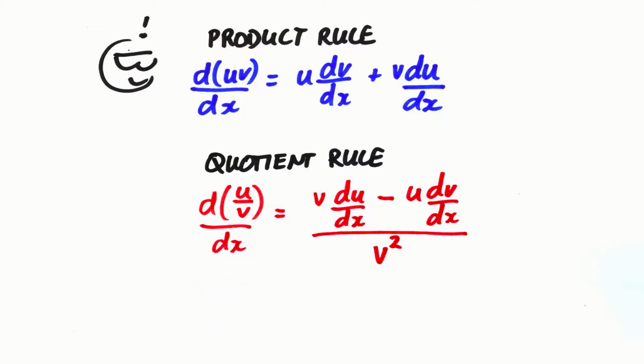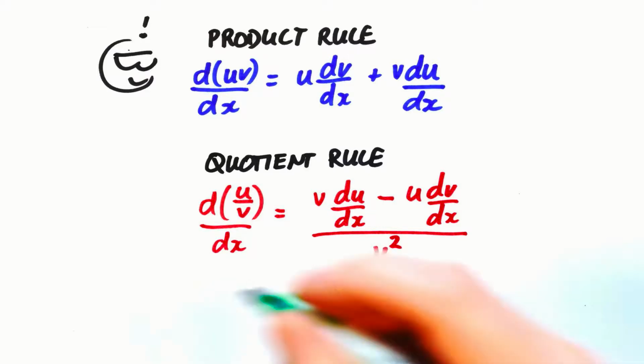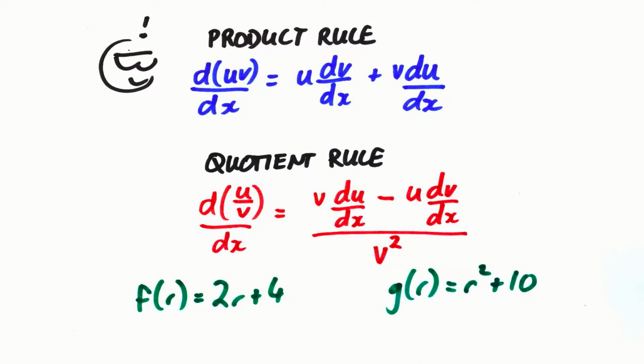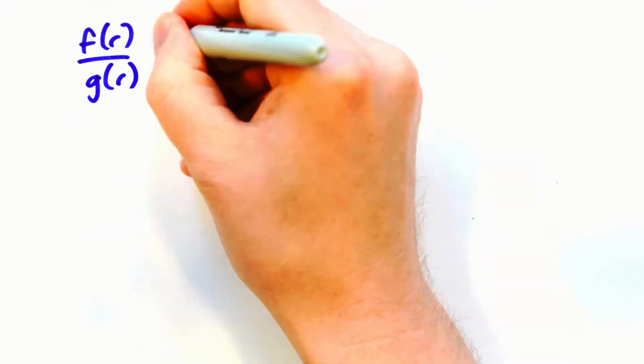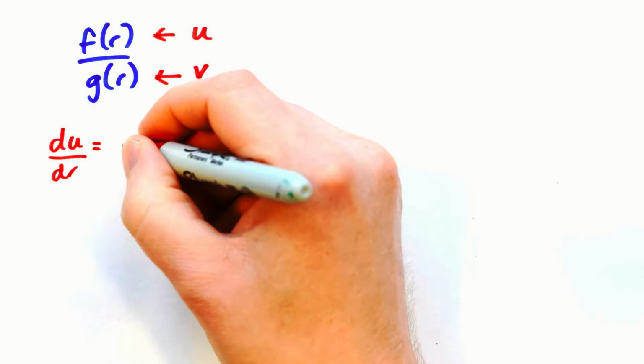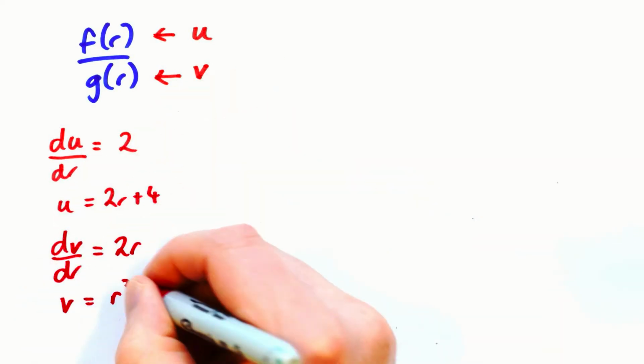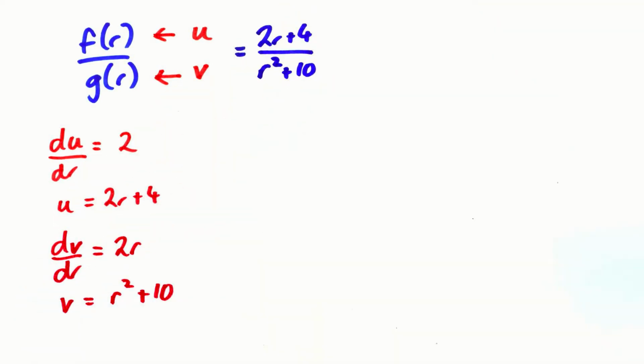This looks quite daunting, but again, let's look at it in context with our two previous functions, f(r) equals 2r plus 4 and g(r) is equal to r squared plus 10. We will try and find the first derivative for f(r) divided by g(r). Firstly, we write down the derivatives of each of the functions, and as f(r) is on top of the fraction, we will label this as the u function, with g(r) being the v function, along with